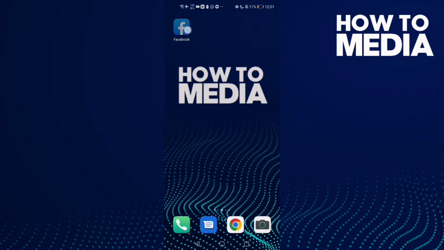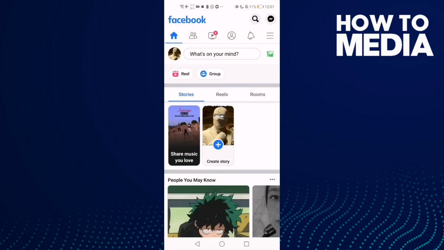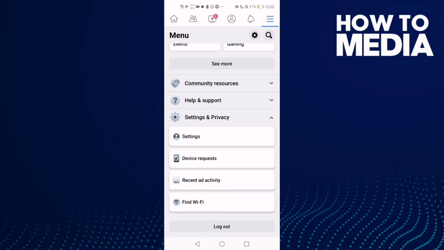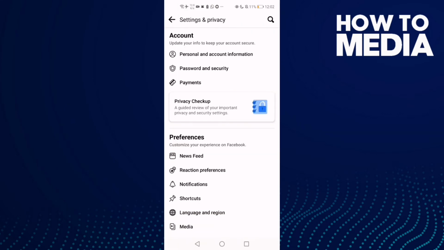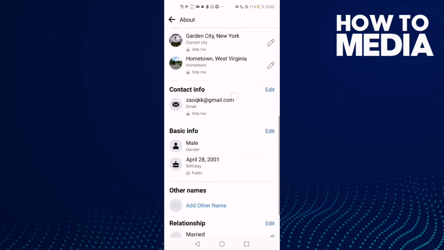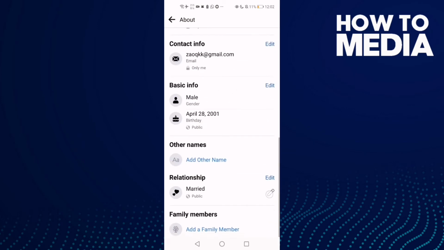First thing, go to Facebook and click on these three lines and click settings and privacy, and then click settings and then profile information, and go down and click this pen here